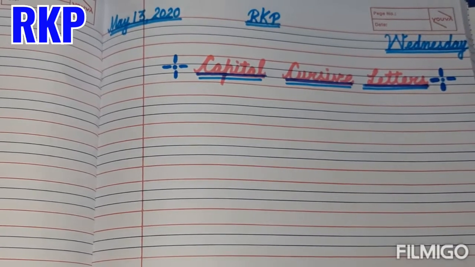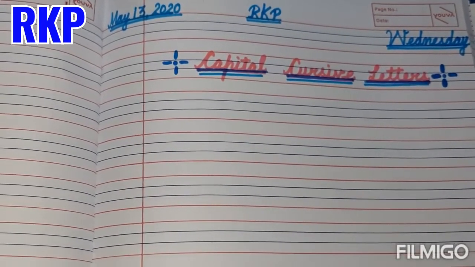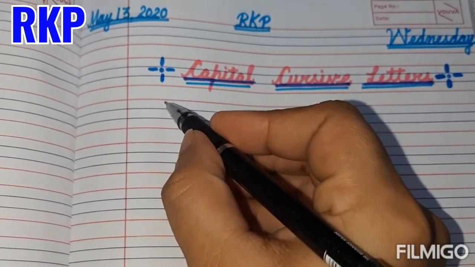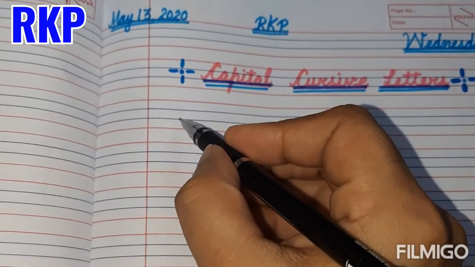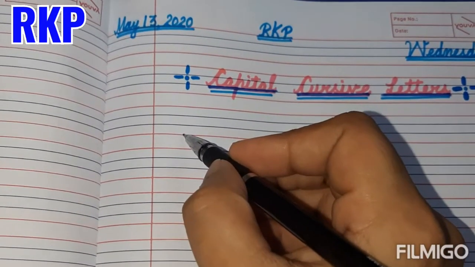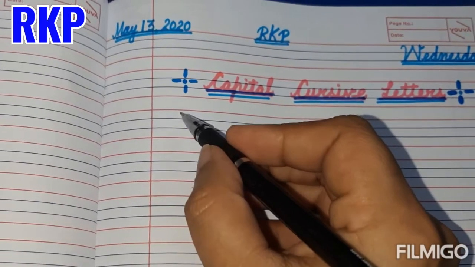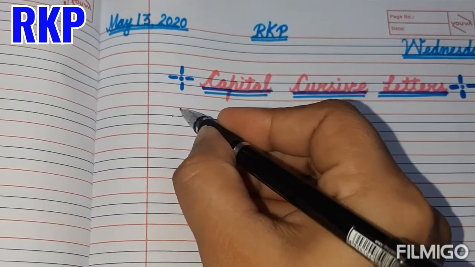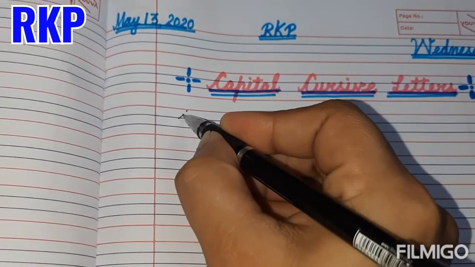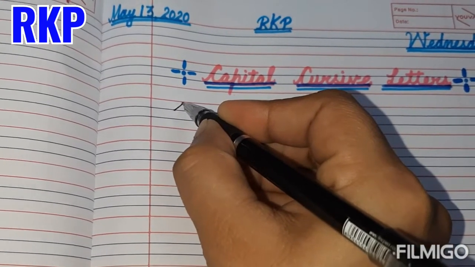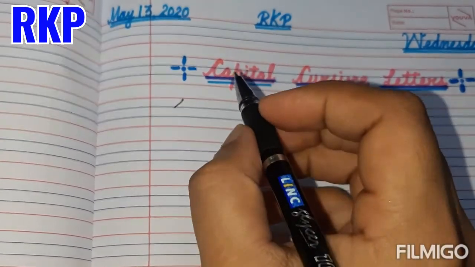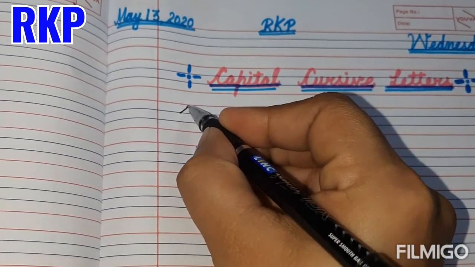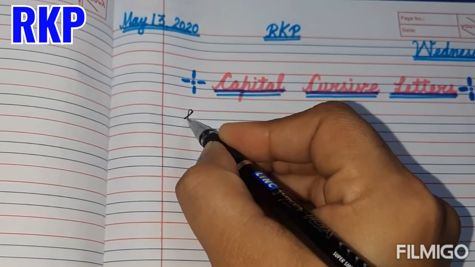Let's practice capital cursive letters L and D. Look here. Upper line, middle line, base line, tail line. What we will do? We will start with middle line. Fine. See, from middle line till the upper line, you have to draw one slanting line. Okay? You don't have to stop your pencil. Look again. Start from middle line. Go till the upper line. Make a loop and come down.